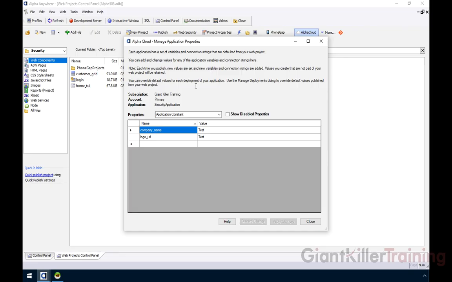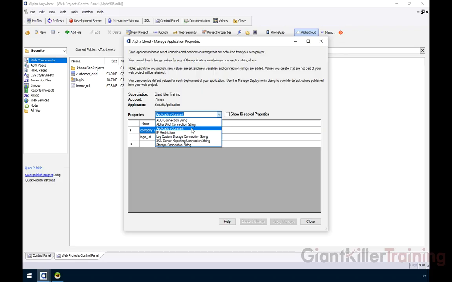Now this is Manage Properties. Properties are specific elements that are associated with an application, not a deployment, but an application. So this is sort of the high level. I've got a set of properties, and there's different types of properties. First and foremost, there's things like Alpha DAO connection strings, storage connection strings, etc. These are normally the things you set in your publishing profile to say redirect to a different database or area for storage that you would do